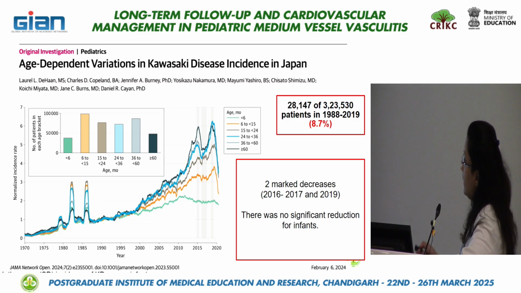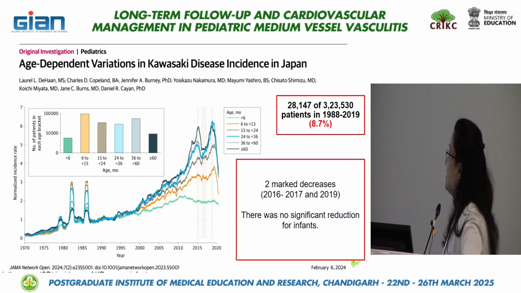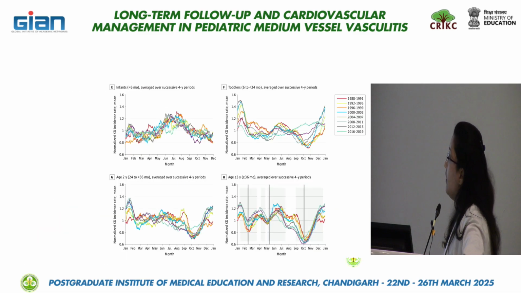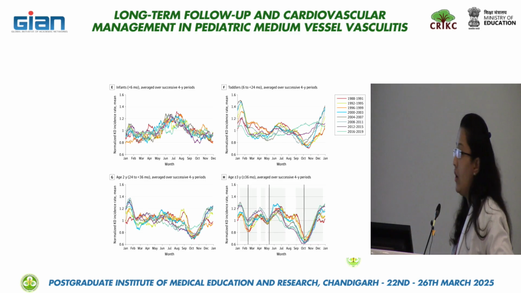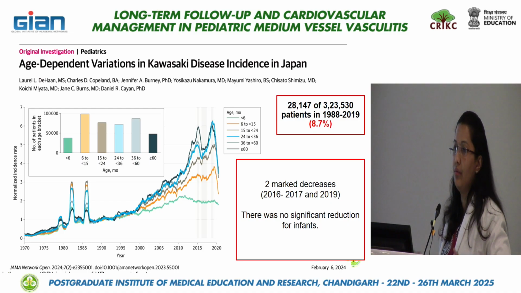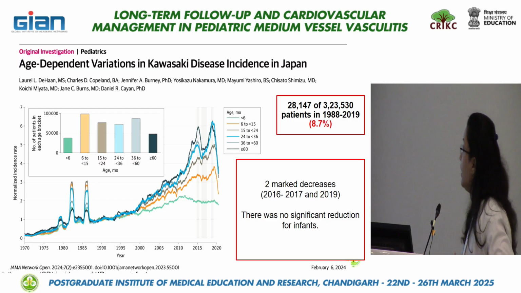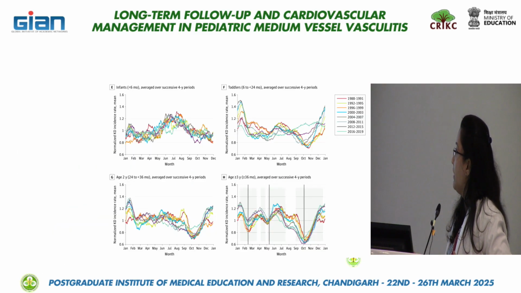So the other age groups saw a decline in cases during those times. However, there was no such decline in the incidence of infants presenting with Kawasaki disease. This also opens a Pandora's box of questions, like what could be the reason for such decline only in older children, but not much of a decline in cases of infants with Kawasaki disease. So is it a different etiology? Is it the same etiology? If it was the same etiology, why was there no increase during the epidemics?